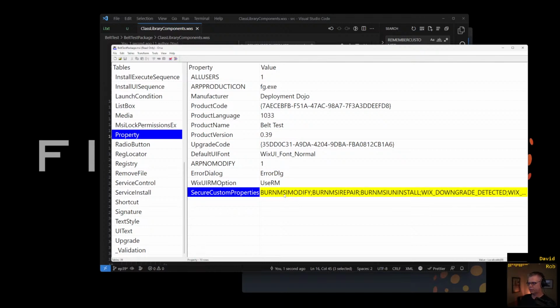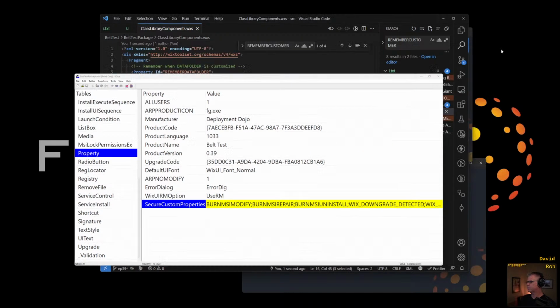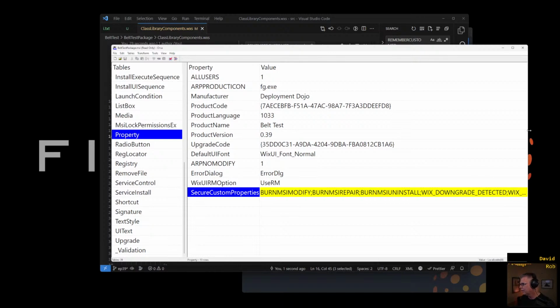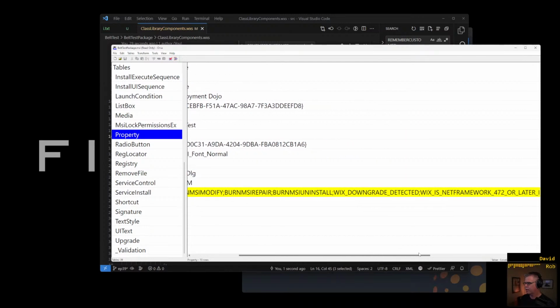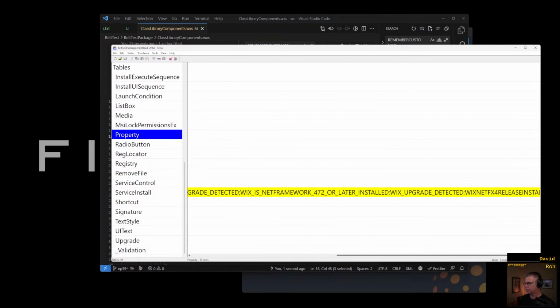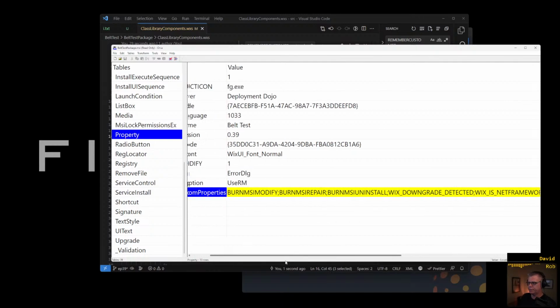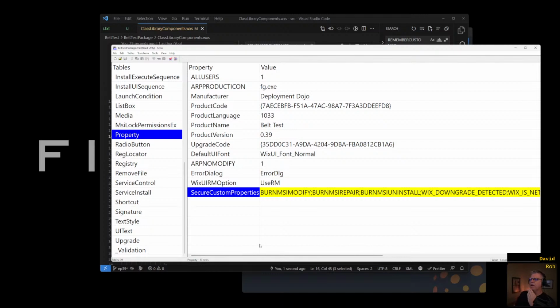So let's look. Can we see this value? Can I open this? I can't get all of them visible here. Whoops, I minimized it. I can't slide over. There we go. Can you make this as big as I need it? Okay, here we go. All right, WiX is framework installed. I expect that. WiX upgrade detected, WiX NetFX 4, and that's it. These are the only ones that are listed as secure, which is what we saw, right? We saw WiX NetFX is secure, and we saw WiX is .NET Framework 4.7.2 or later is secure. We did not see, I mean, this is built in. A bunch of these other properties are just built in things that we're getting for free, mostly because of UI.